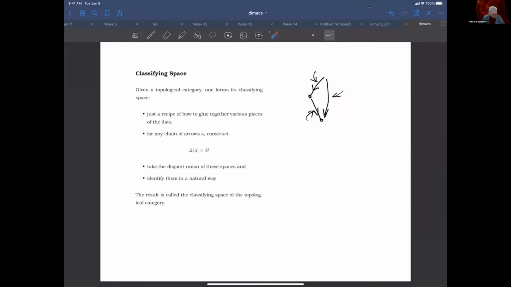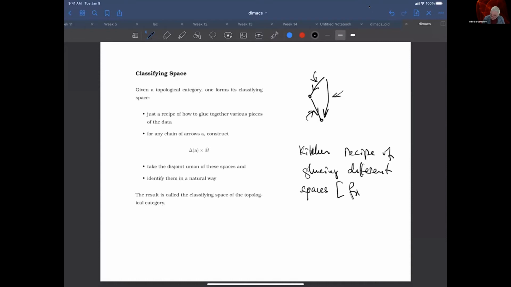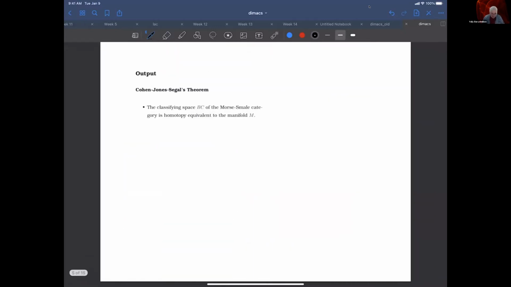To be frank, I just don't want to go into various details. But I'll just write down a kitchen recipe of gluing different spaces. Finitely many of those gluings produce some new topological space, which is called the classifying space of this structure, which is this graph with topological spaces. And the output, this Cohen-Jones-Segal theorem, is that the classifying space, this resulting space, will be homotopy equivalent